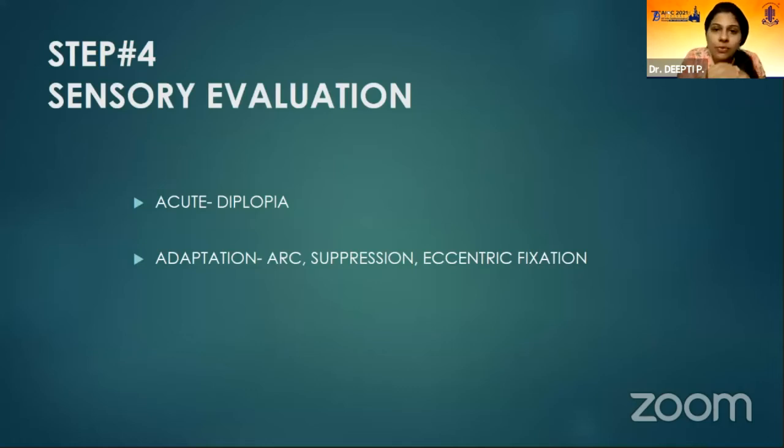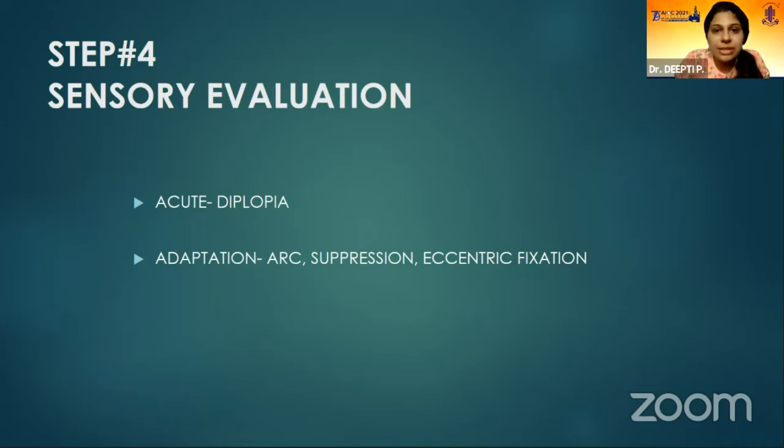So once all of this motor evaluation has been done, then we go to sensory. There has been a question many times, why motor first and then sensory? Well, my explanation for that would be that once you know which eye is squinting and what the approximate vision is with respect to the cover uncover test, at least we get to know which eye to expect sensory abnormality in and what sensory abnormality to expect. Based on that, the sensory tests can be done. But there are varying explanations. Some people do perform sensory tests before motor evaluation also.